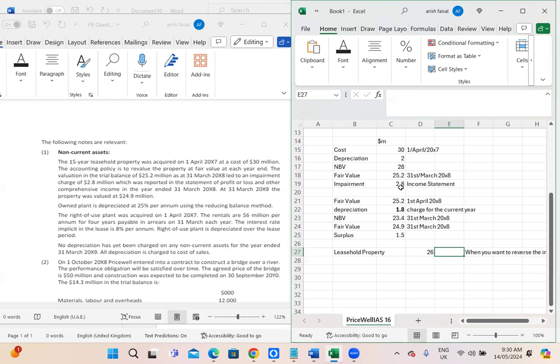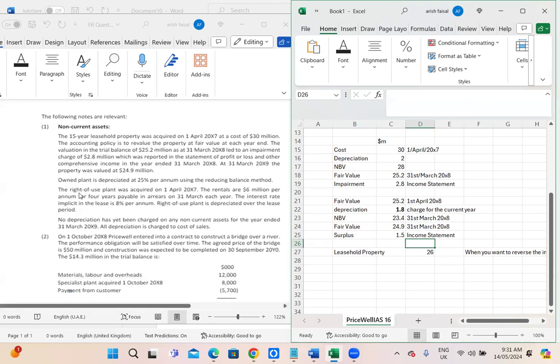So till 2.8, we can charge it into the income statement, and after that, in case there would have been any extra surplus, we would have recorded it in the OCI. Okay, right. So this surplus of 1.5 will be in your income statement. Okay,